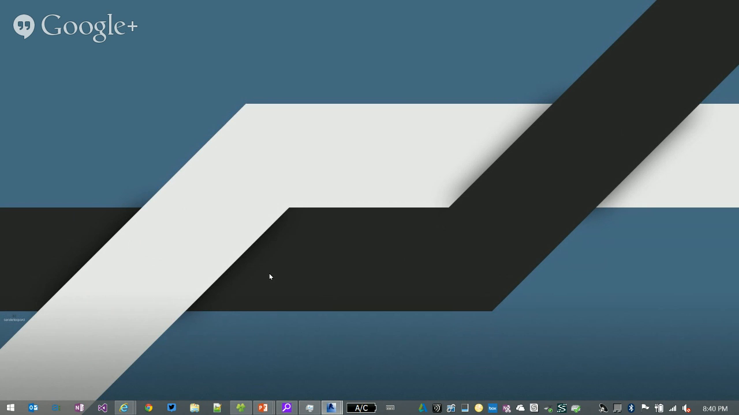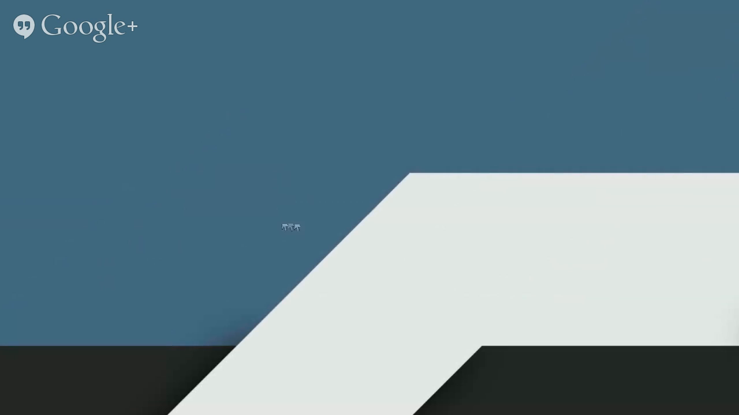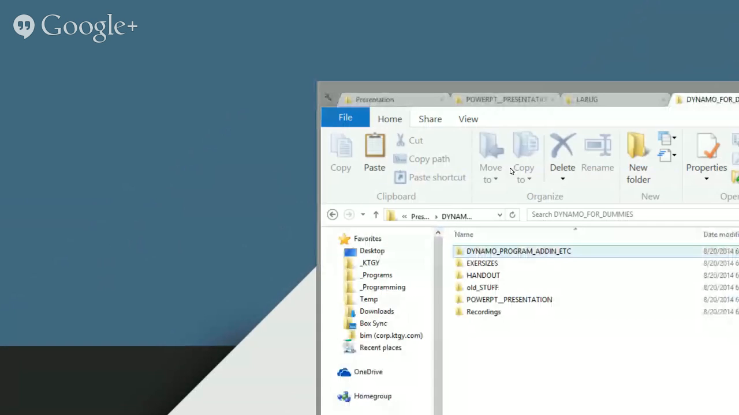Well, the answer is, do you want to build the geometry in Revit, or do you want to build it in Dynamo? It is completely up to you, and even me personally, there's times when I'm doing Dynamo,